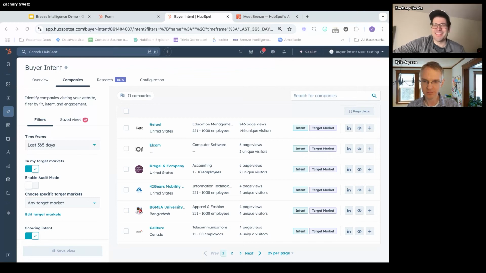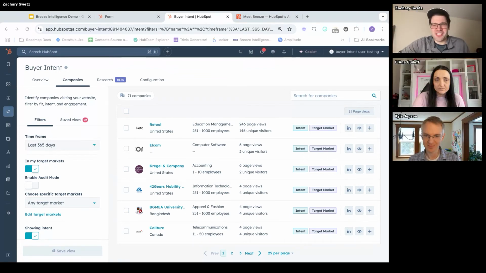It's not an easy challenge. So for instance, if you see a coffee shop, you have 50 people all logging on from different companies, you don't want to say that they're all Starbucks, or insert your favorite coffee shop here, or like WeWork or something like that, for example. So we have a whole bunch of data science that goes into figuring out how we best correlate an IP address to an individual company and have a lot of confidence that we're right in